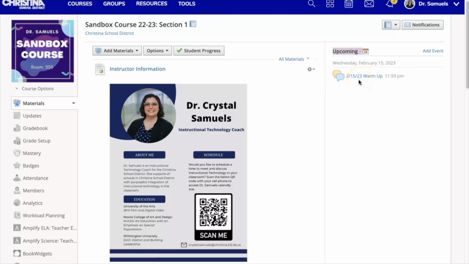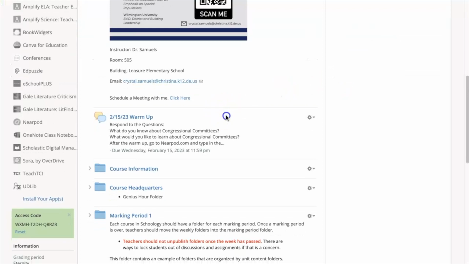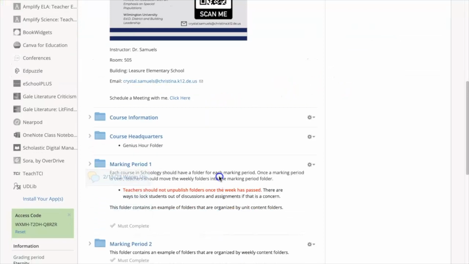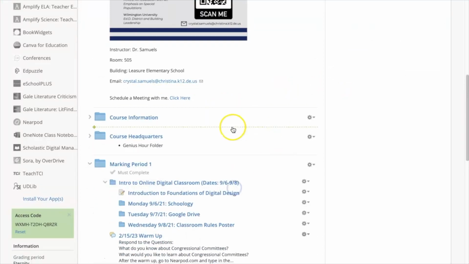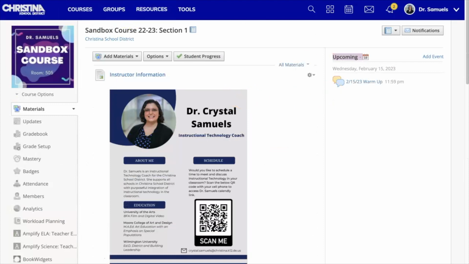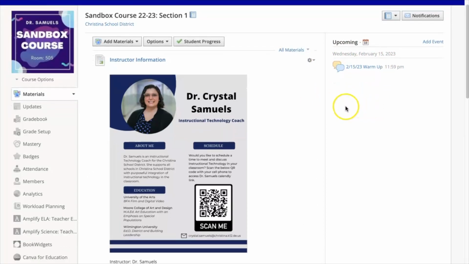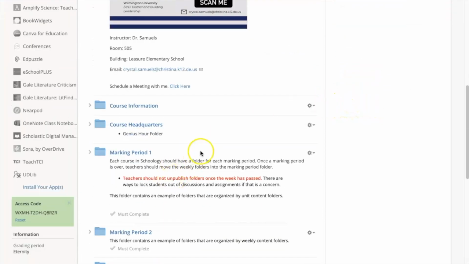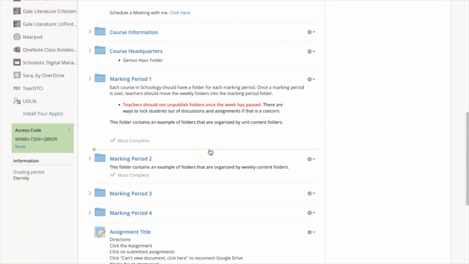So it shows them what's upcoming. Even if this was in a folder, so I could put this in a folder here. And if I scroll up and I refresh my screen, it's still going to show in the upcoming panel over here. That's why it's important to put dates on things, especially when you're making discussion boards, assignments,